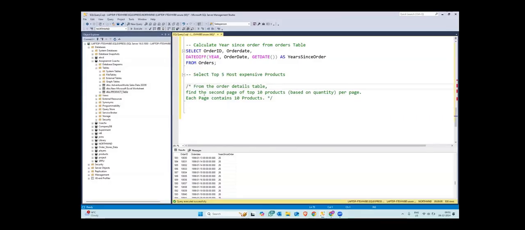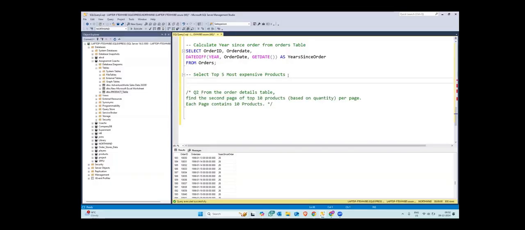Let us now solve these two questions that I have written. So first question is rather simple. What you have to do is select top 5 most expensive products. Okay, so what we will do here,